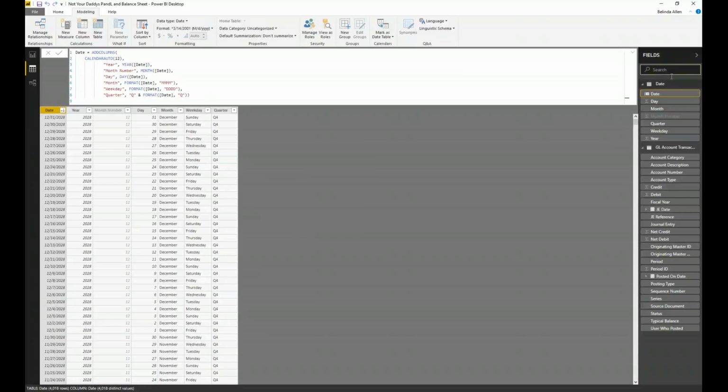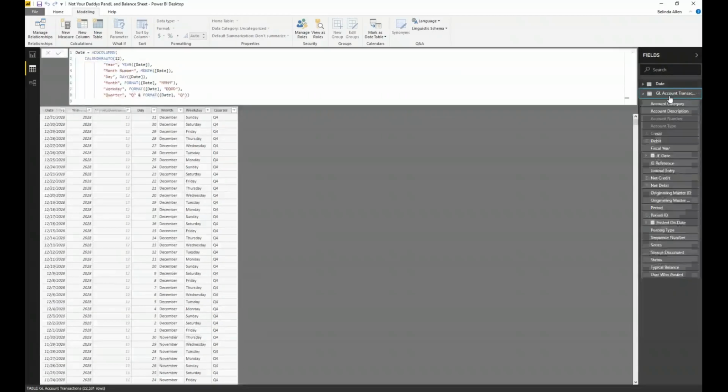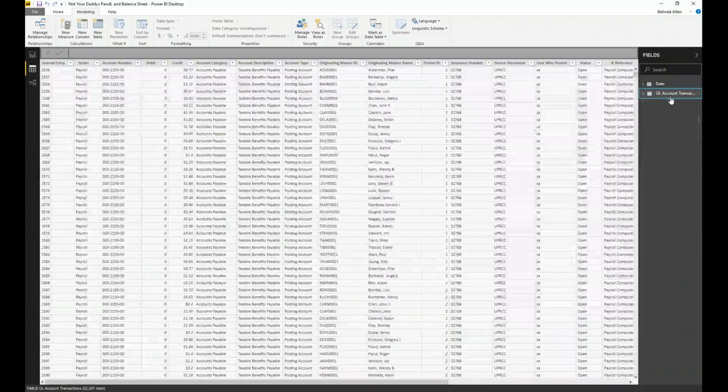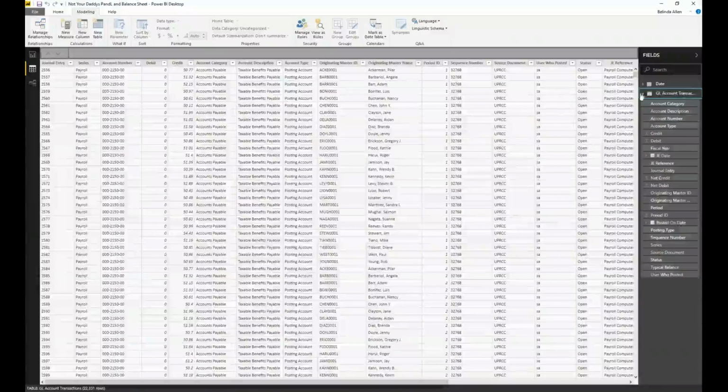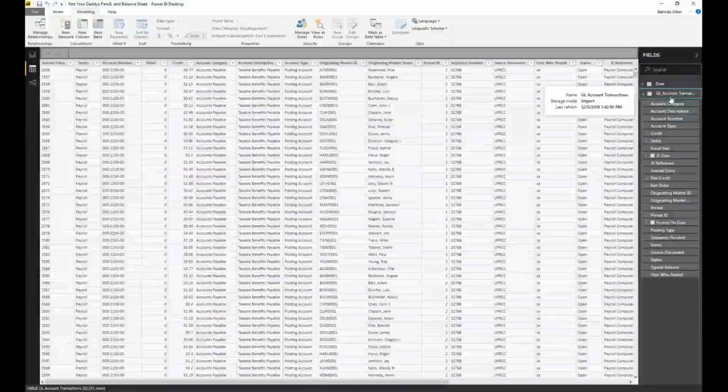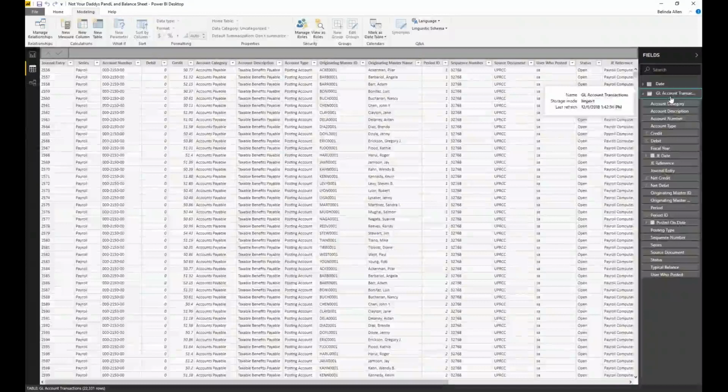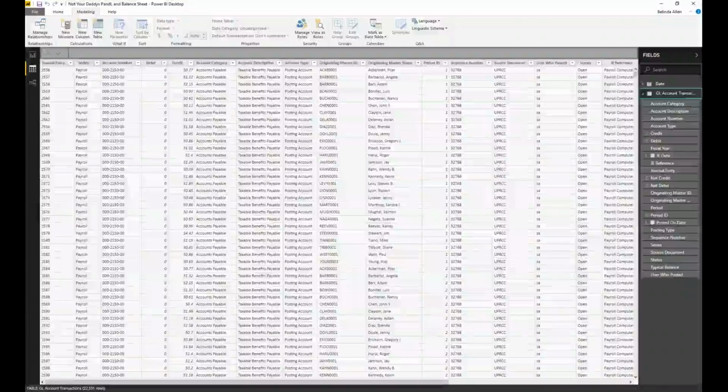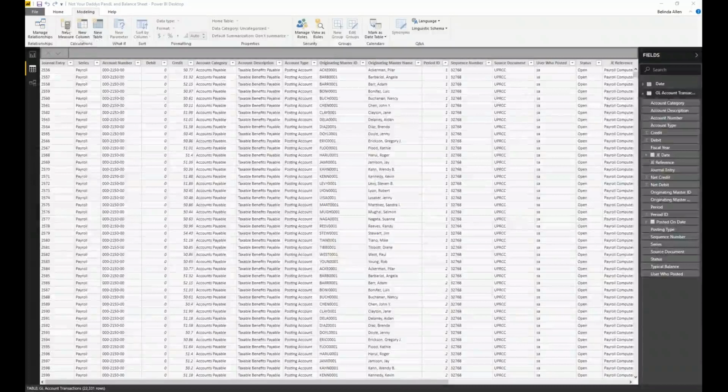Now we want to add some other DAX columns. One of the things that we want to do is, I'm back at my GL1, we want to be able to identify what are assets, what are liabilities, and so forth. And there's a couple ways you can do that. In this particular example, what I'm going to do is come up and add a column to do this.